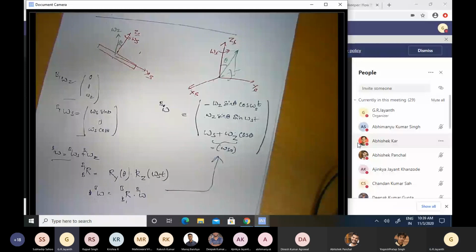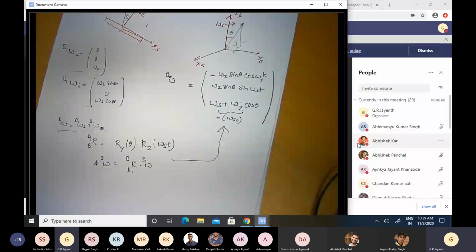We are all people who are moving along with Earth, right? So we are in a body fixed coordinate system. Now, you would probably say that, well, Earth is a sphere, right? So if Earth is a sphere, if you look at your equations, let me show you the equations again.